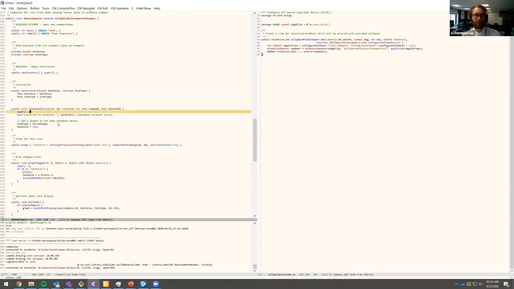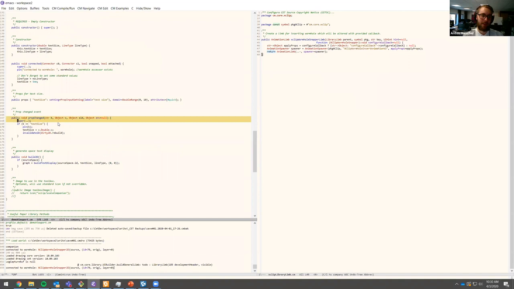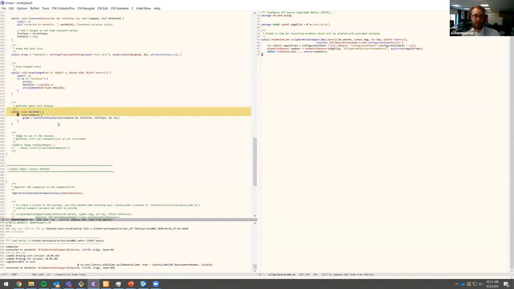But don't forget to invoke super. That's super important. And then I had some props for the text size here, and then some stuff about what it should do when you change the text size, etc. And then a build 2D. This is the one that generates the graph. And this one you should override, but